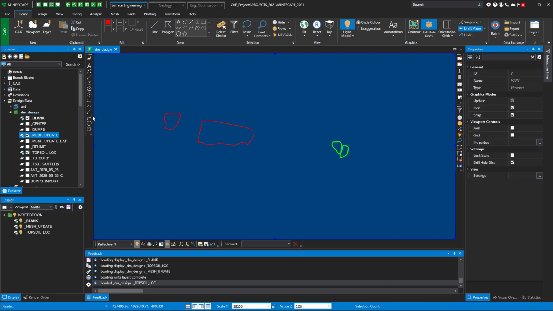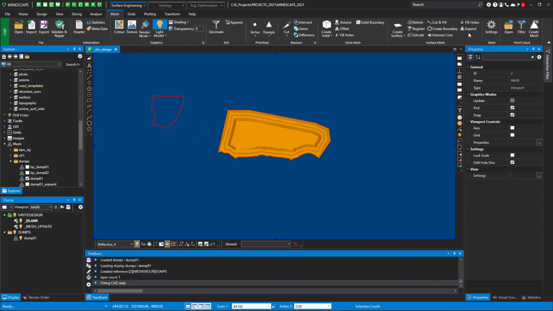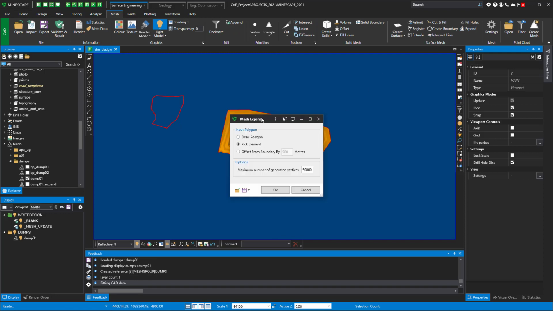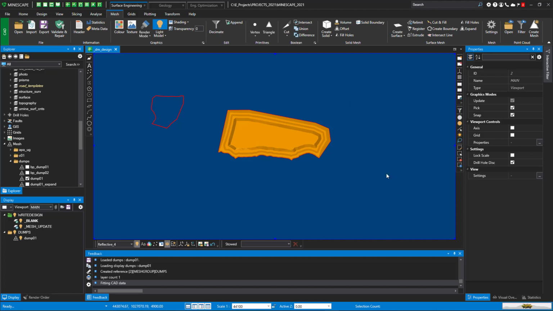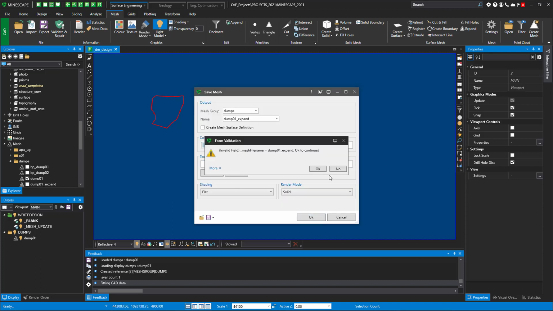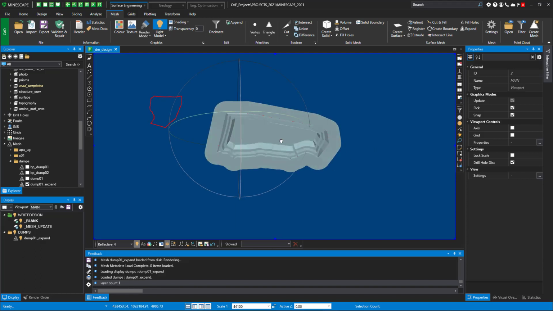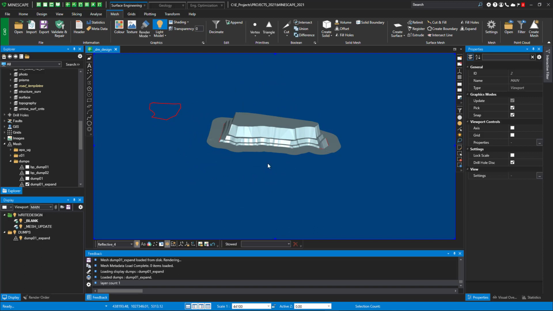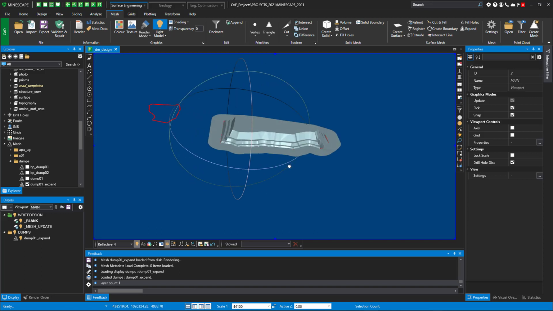We've also added an expansion routine for meshes. So you can go to mesh and you can expand. I can expand this mesh by, let's say, 500 meters, okay? I'm going to expand it to 500 meters so you can see what it looks like. So all I did was take it, and what it's doing is it's just expanding this data, in this case